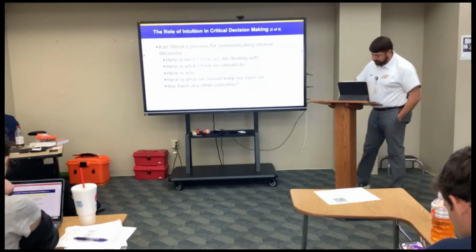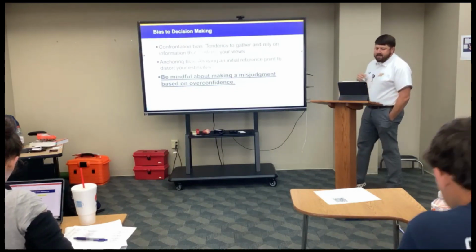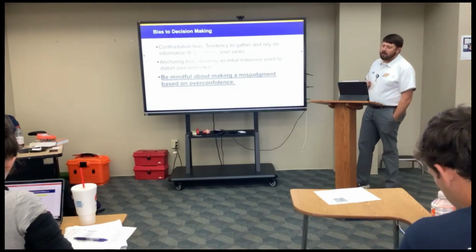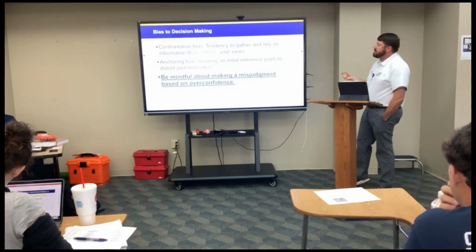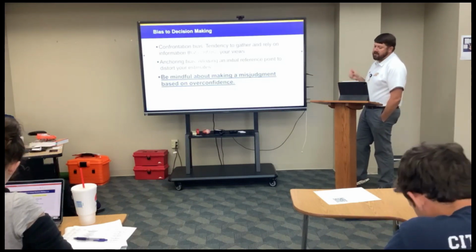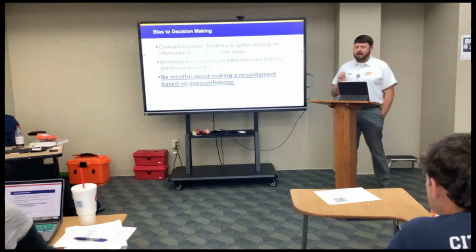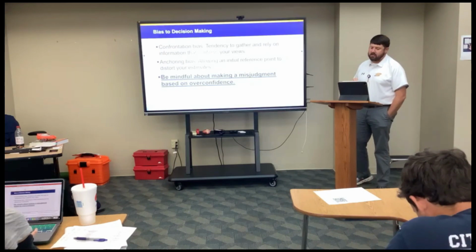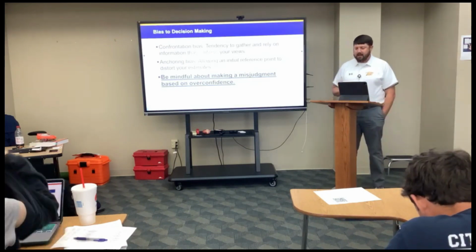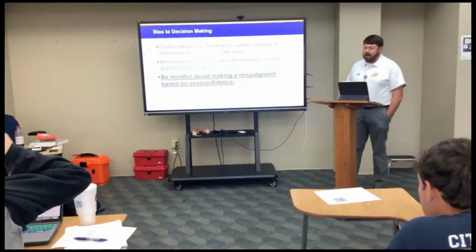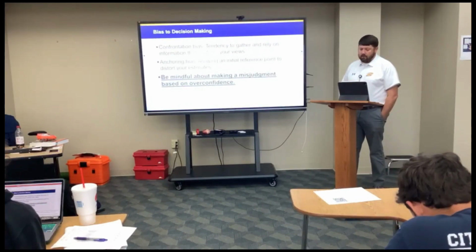Alright, moving on. So, bias in decision making. This is actually kind of interesting here. There's a term here that your book doesn't use anymore, and they used to use it, but it was called heuristics. And heuristics are mental shortcuts that allow people to solve problems and make judgments quickly and efficiently. These rule of thumb strategies shorten decision-making time and allow people to function without constantly stopping to think about their next course of action. For example,